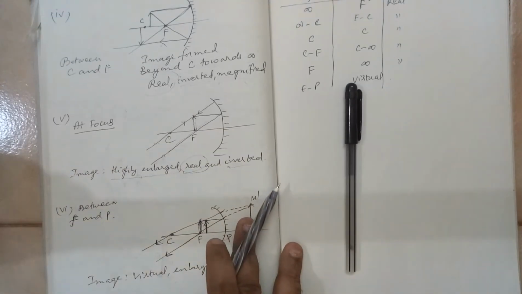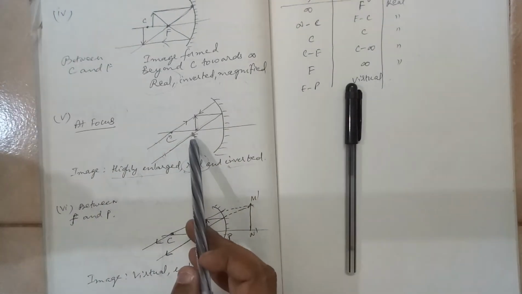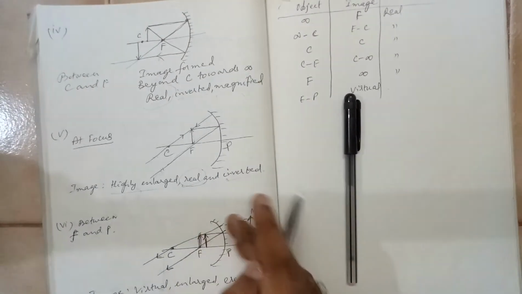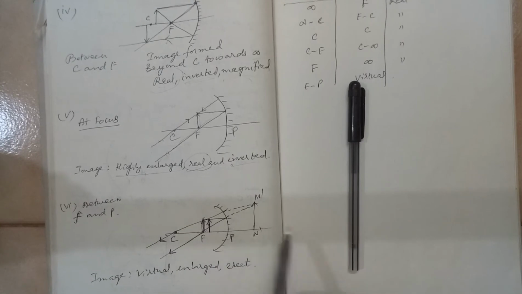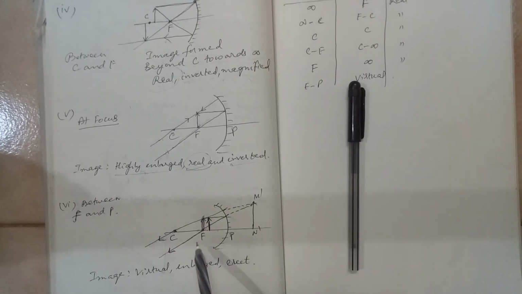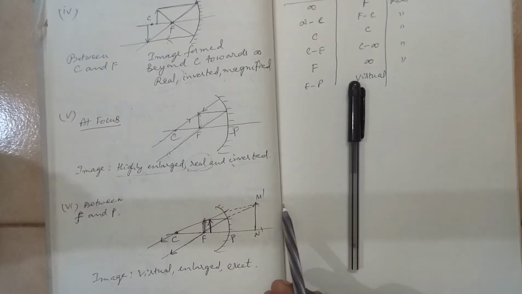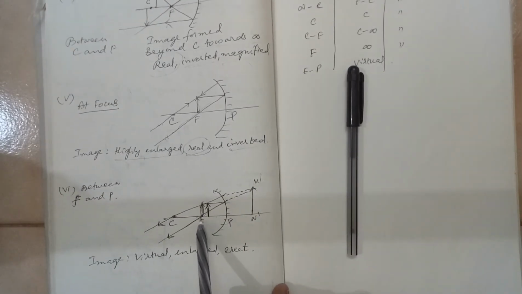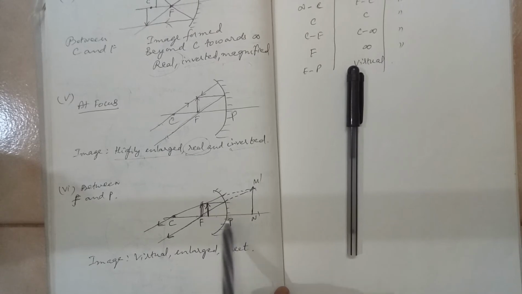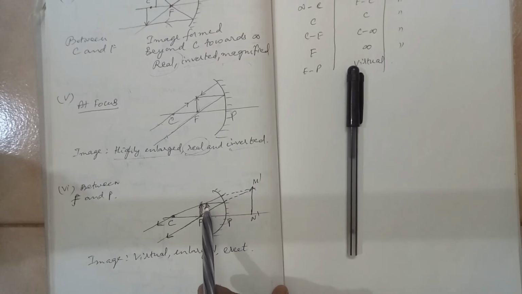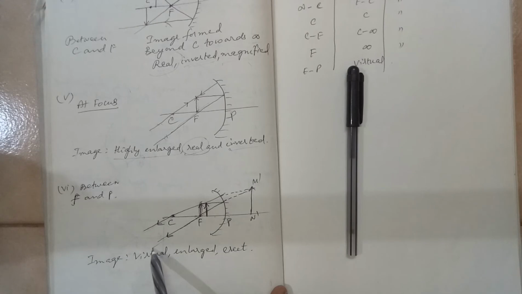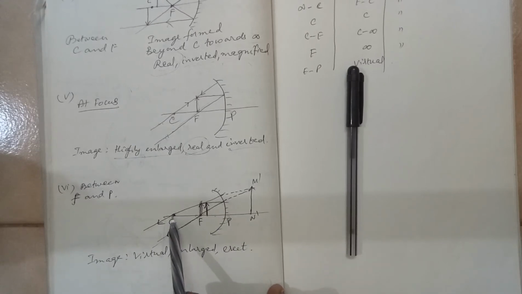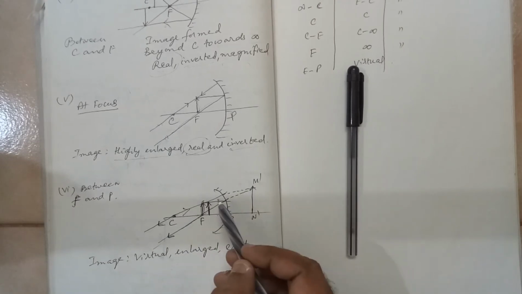Now, after that, you have reached the focus. So between focus and pole you have to see. When you move beyond the focus, the image will be found on the other side of the mirror. It will be a virtual image. See, focus is here, pole is here, and the object is placed somewhere in between. So the parallel ray will pass through the focus. And if you take the ray which is passing through C, it will return in the same line.